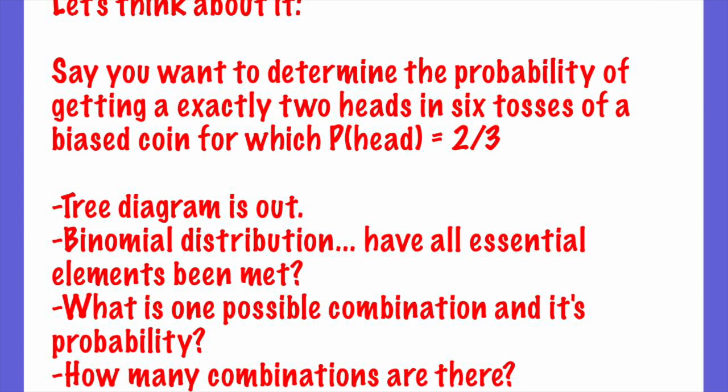So let's look at this particular situation. Say you want to determine the probability of getting exactly 2 heads in 6 tosses of a biased coin, for which the probability of getting a head is 2 out of 3. First off, you're flipping a coin, so you have 2 outcomes, heads or tails. However, you have a weighted coin, so you're going to get heads 2/3 of the time, which means you get a tail 1/3 of the time. But you're also tossing this 6 times, which means your tree